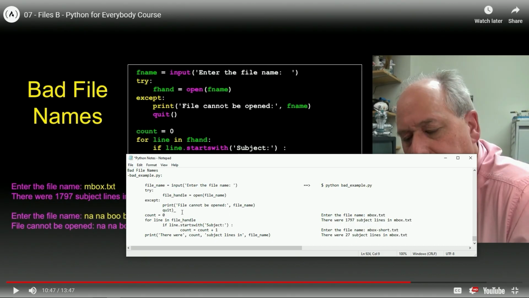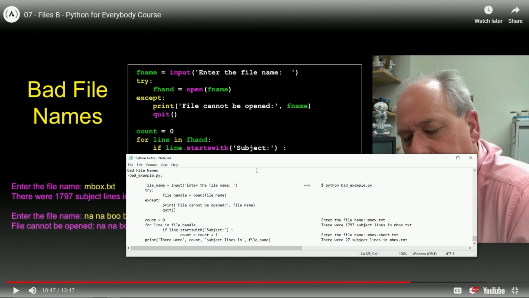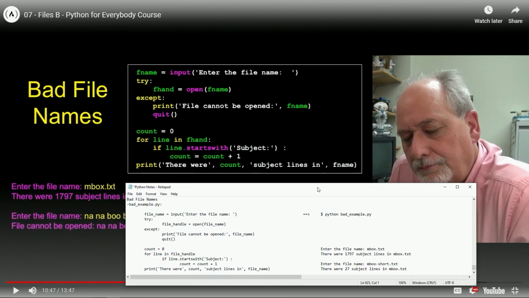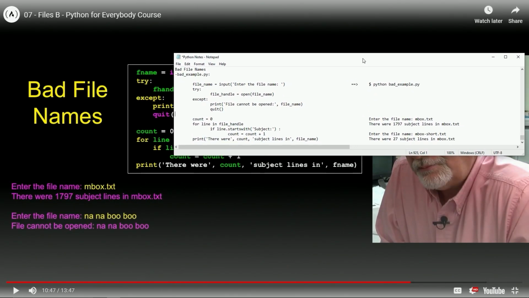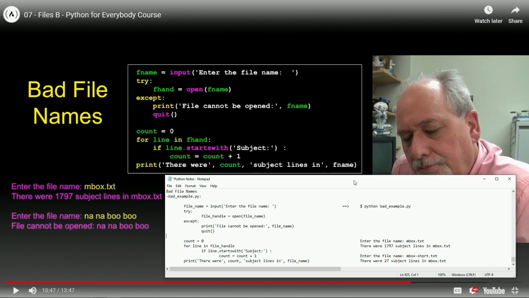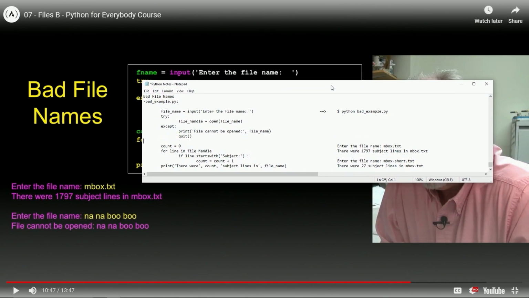So now we've got count equals 0. Oops, quit like this. All right, so now we've got count equals 0. For line in this, that. So this is the same down here. And so now when we, oh, I see.